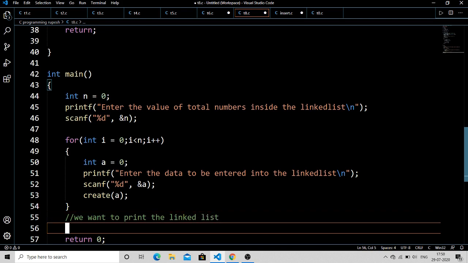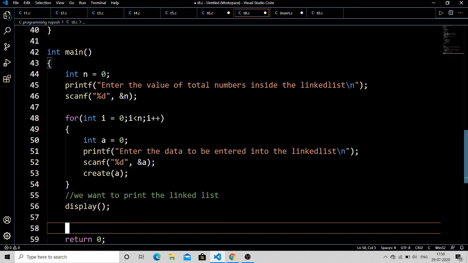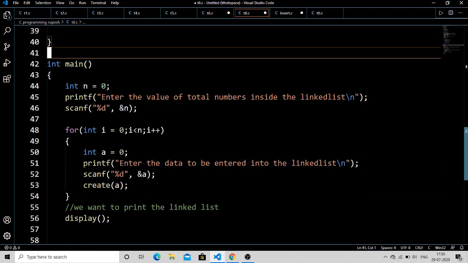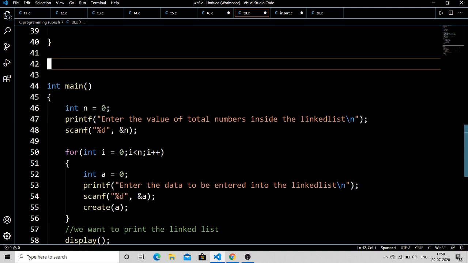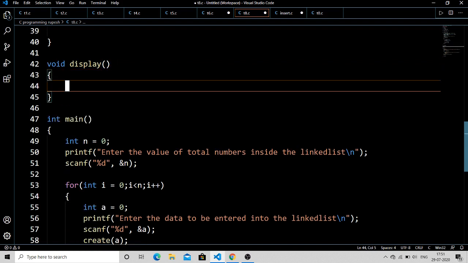For that I am going to use the function display, and inside display I am going to pass nothing. That means no need to pass anything, so I will not pass any parameters through this function, and the display function will not return anything. Hence the return type will be void. As I am not passing any parameter, I will not be taking any parameter in line number 42.